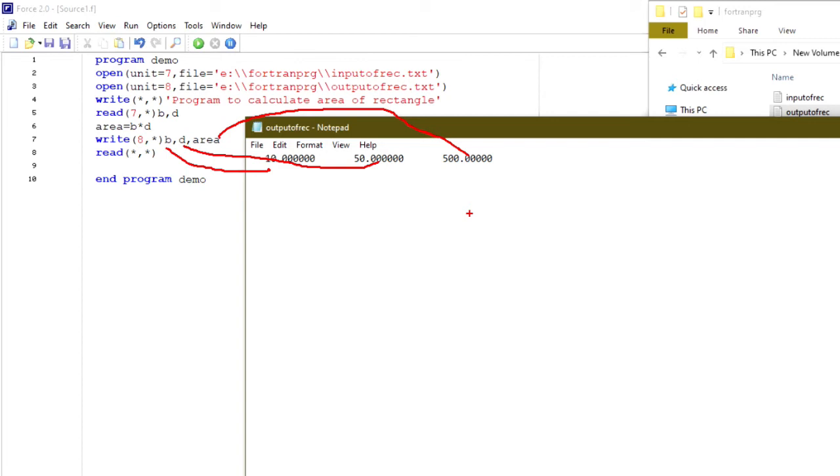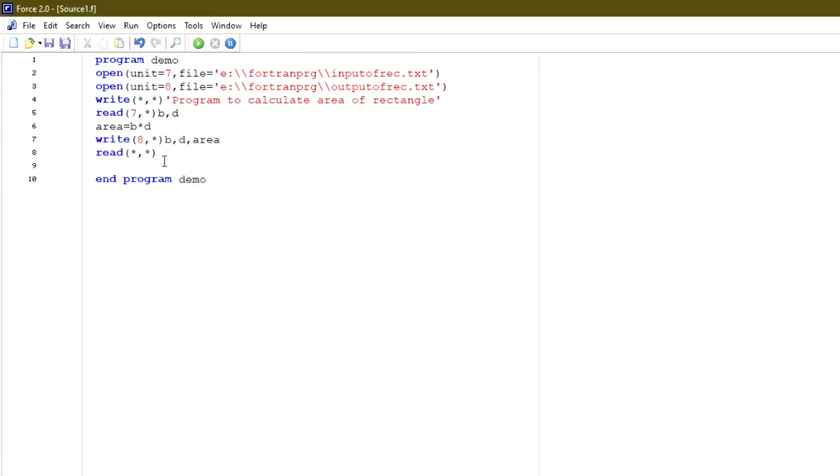But the user will not have any idea what this 10, this 50 and this 500 are, right? So to make it more interactive, and to help the user understand what this output is, we will make some changes here. I will write width is equals to, but remember this is text, so we have to write it in single quotes, and separate it with B, right?